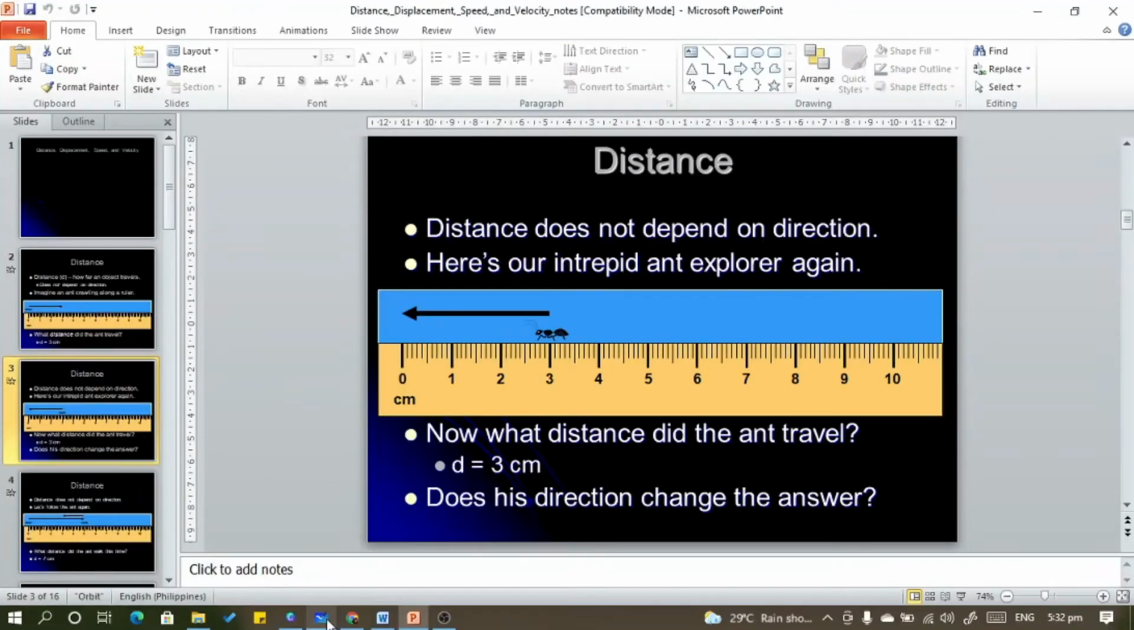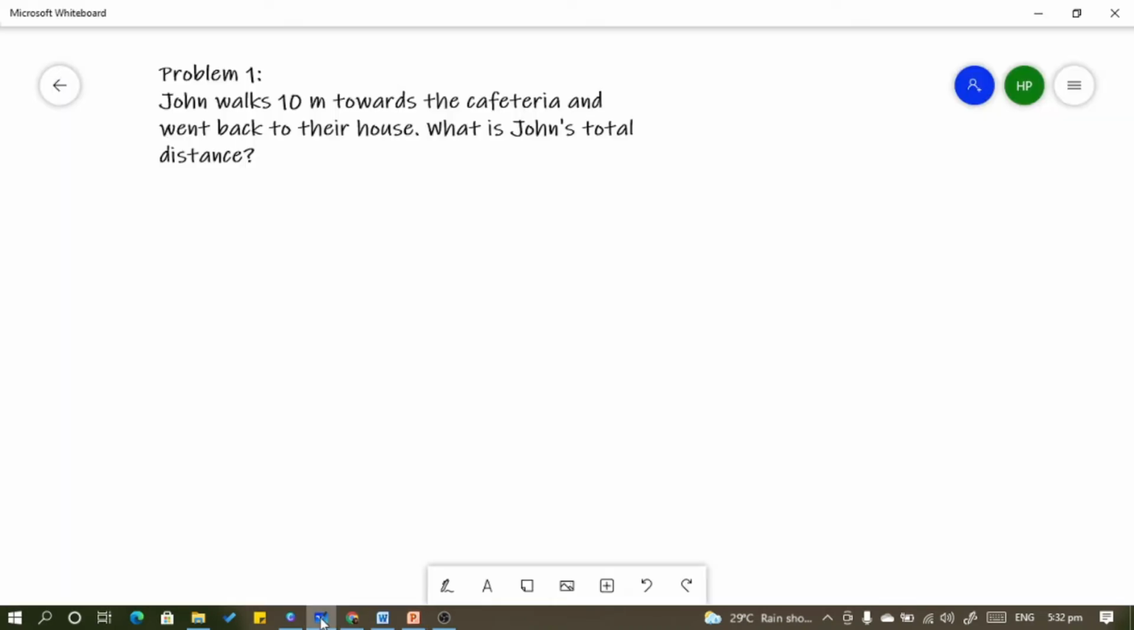Now let's have another example here. Problem 1. John walks 10 meters towards the cafeteria and went back to their house. What is John's total distance? Distance is equal to, since he walks 10 meters towards the cafeteria, put 10 meters. Plus, since he went back to their house and John's starting point is their house, let's add another